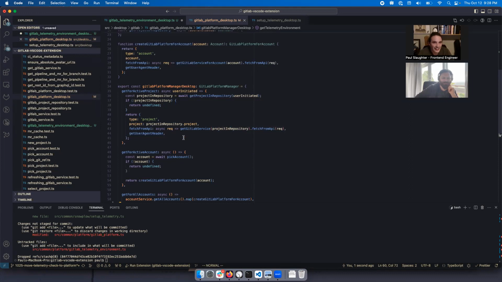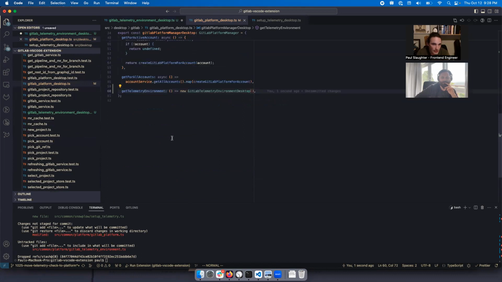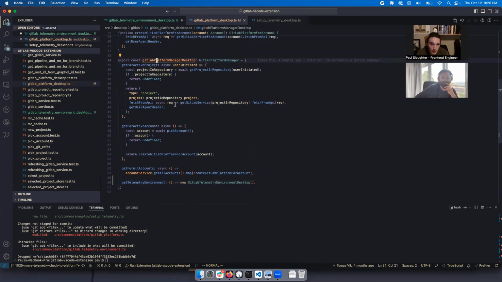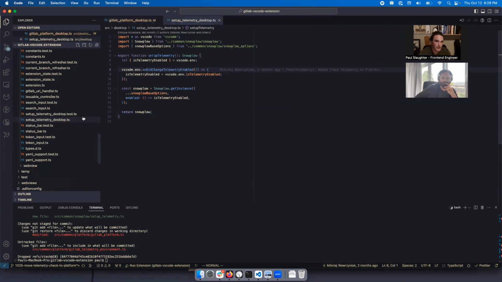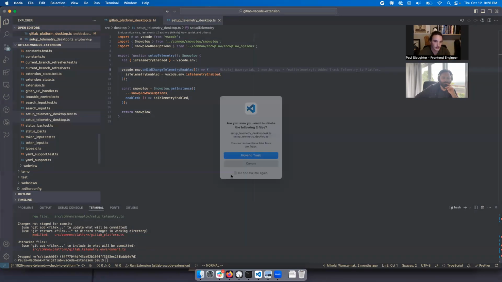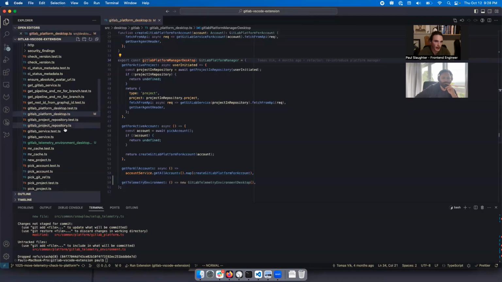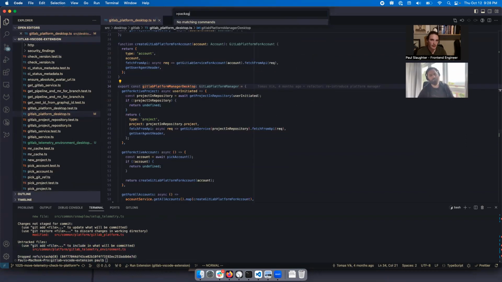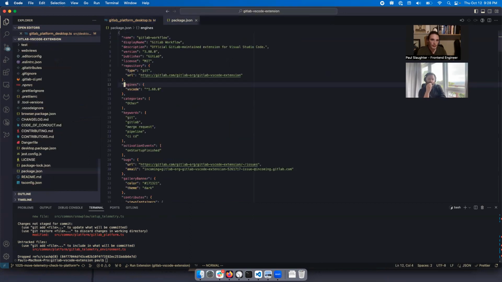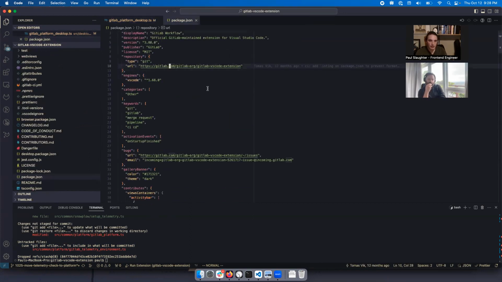Yeah, totally. Cool. So now that this is working and we call it in the comment, we can get rid of our setup telemetry desktop. Yep. So we can get rid of that. Yeah, and we're kind of at time, but let's see if we have any type failures. And then I'll leave some comments on